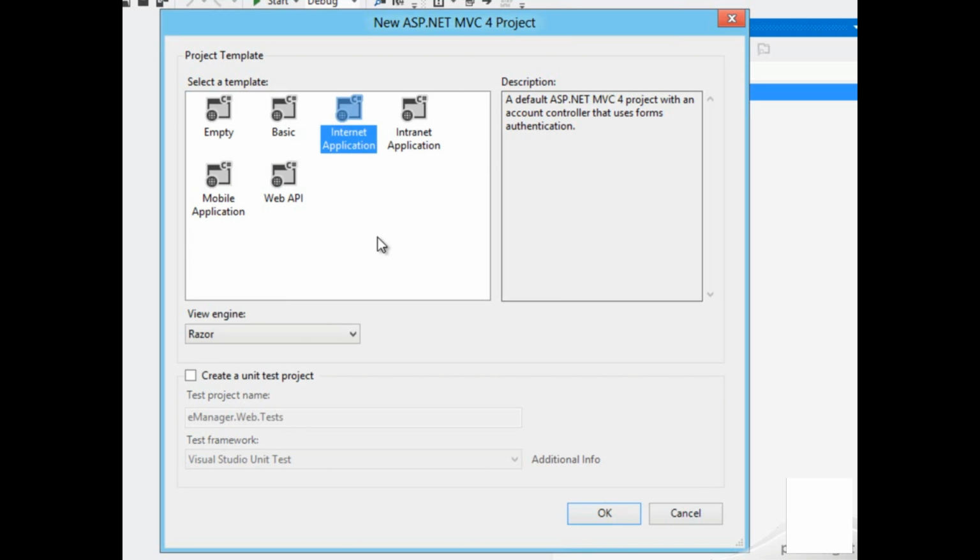An Internet Application assumes you're going to publish this somewhere on the internet. The Intranet Application offers many of the same features as the Internet Application, but Intranet assumes you're inside of a firewall, you have Active Directory available, and your users will primarily come into your application as authenticated Windows users. There's also the Mobile Application project template, which we'll talk about in the mobile module of this course, and the Web API template, which we can talk about in the Web API module. So I will create an Internet Application